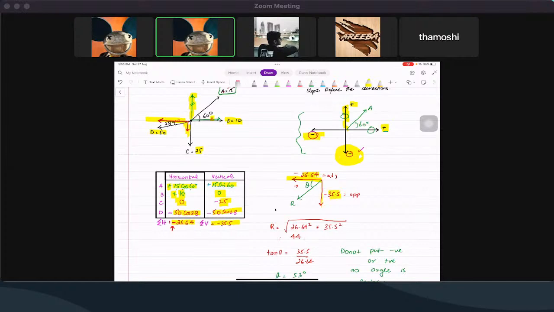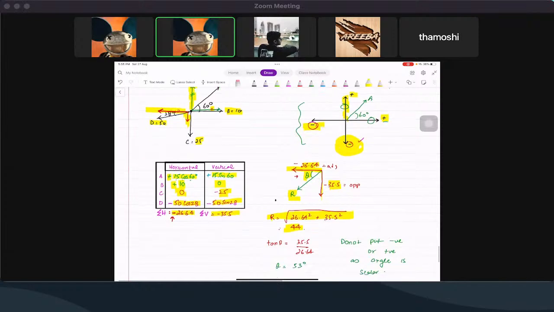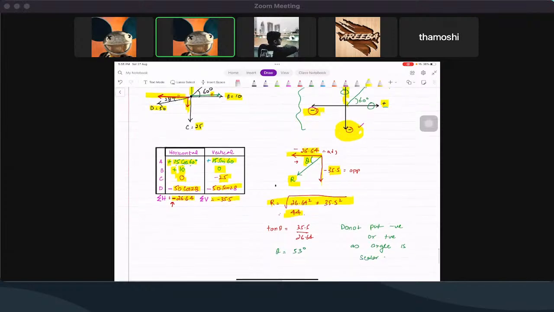Now we got to find the resultant and the angle. So for the resultant we use Pythagoras theorem right here. We got this answer. Yes, sir. And for angle we used opposite over adjacent in the tan and got 53. Do you understand now? Both of you? Yes, sir. So basically what we've learned today is that